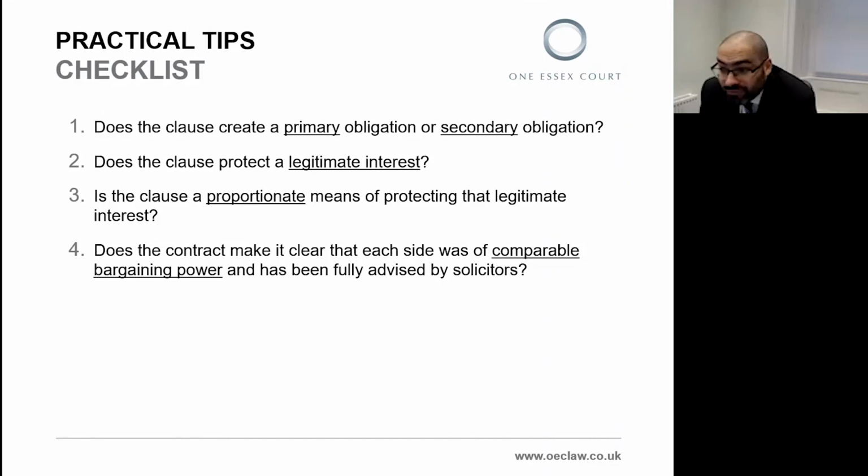And similarly, we know from the Vivienne Westwood case that clauses which provide for the payment of money in respect of a number of breaches of varying levels of severity, so in other words, where a clause is indiscriminate, is likely to be disproportionate. And I think that makes sense because it's difficult to see how the payment of a fixed sum can be proportionate to a legitimate interest if it's payable regardless of the extent to which that interest has actually been interfered with.